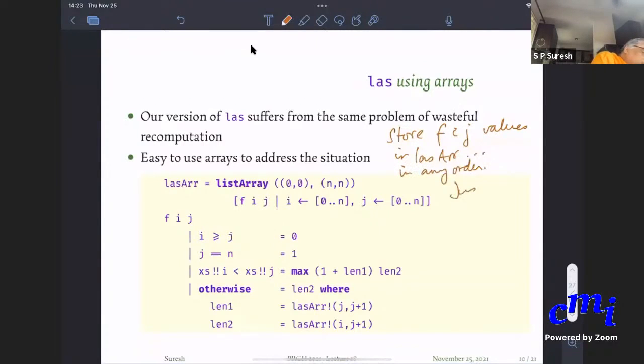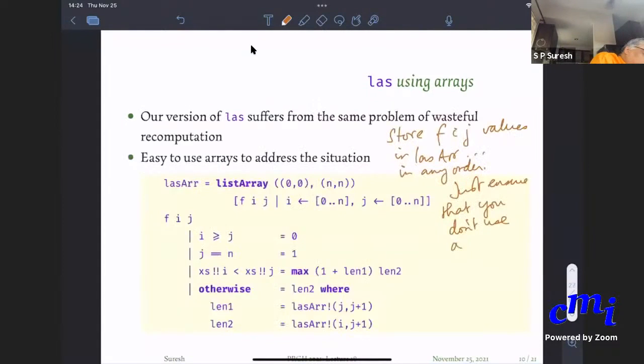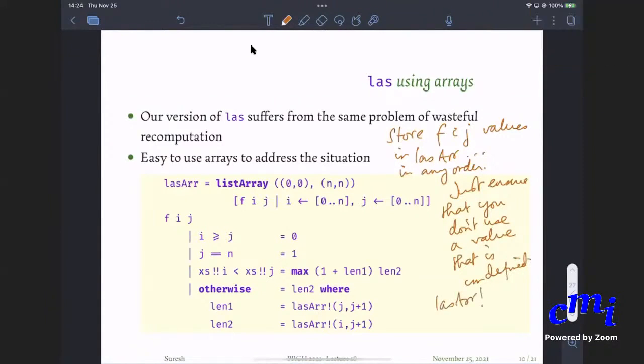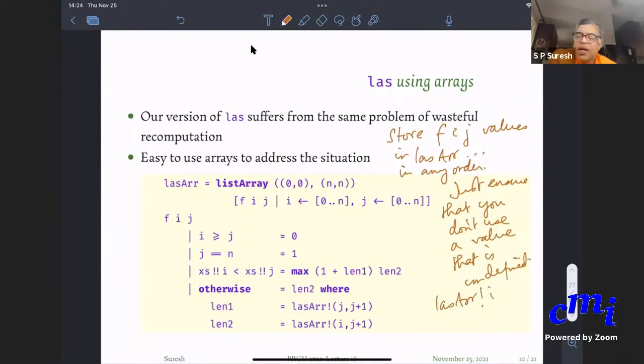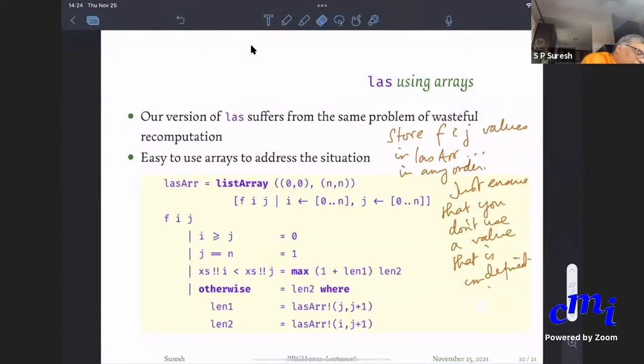Just ensure that you don't use a value before you try to use a value that is not yet defined. Meaning, if you do LAS ARR of bang I, then that has to be defined already. Okay, but the way we design our program, that will be ensured, so you don't need to worry. So that's all.